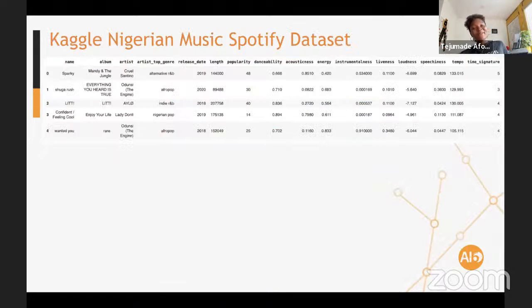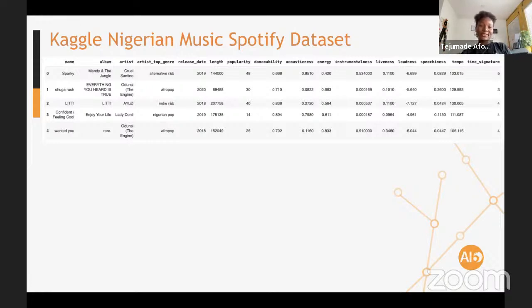talk about it. But to motivate these non-linear problems, I thought maybe we'll look at real life data. And I was looking for something local. I found this Kaggle Nigerian music Spotify dataset. So explore the dataset to find any of the features that look non-linear so that we can use that to build up the iteration. I found some. I don't want to spoil the entire talk, but let's keep going.